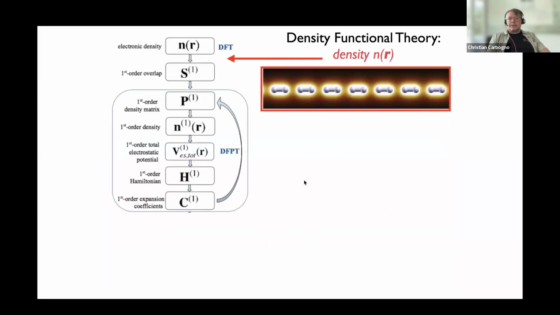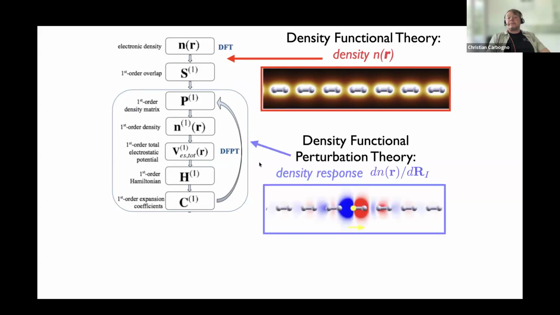Again, as explained before, the standard procedure would be to run your density functional theory calculation that gives you a very nice periodic density. And then with that, you go into your perturbation theory loop, you calculate all the responses, and this gives you the density and wave function response.